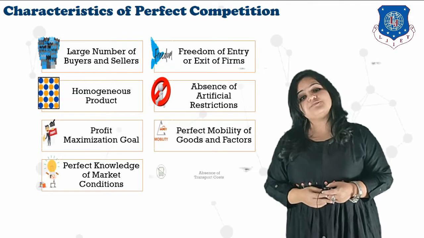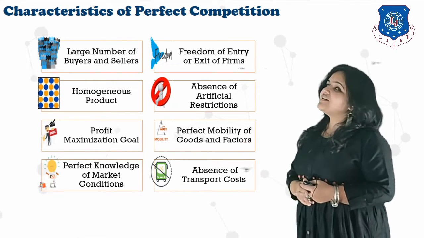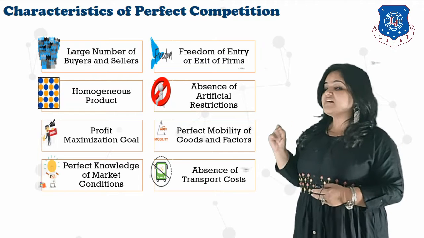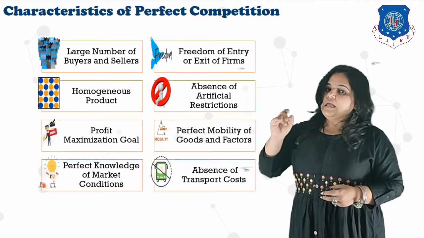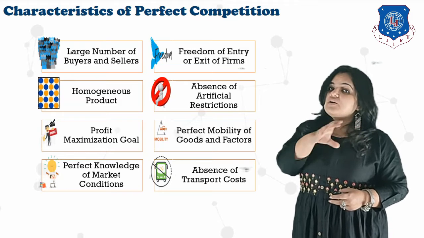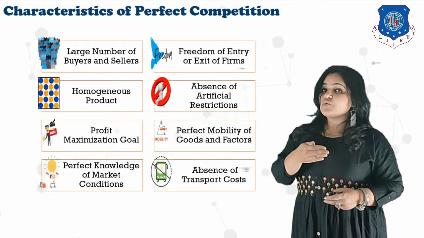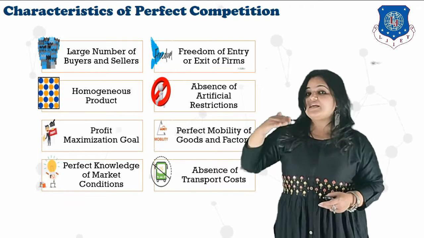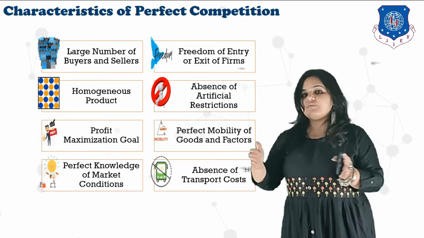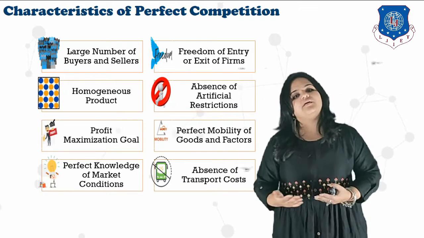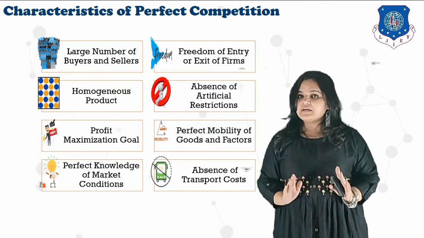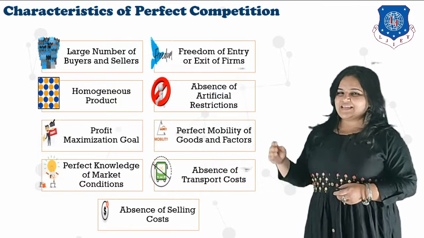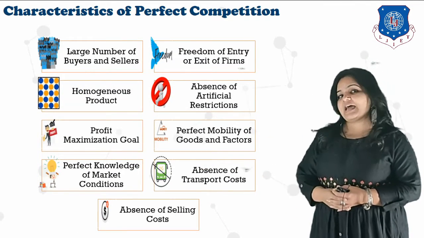Okay students, but this is possible, as I told you, only if there is an absence of transportation costs. There are no transportation costs incurred. Otherwise, at locations nearer to the agricultural field, vegetables would be sold at a lesser price, and farther away, vegetables would be sold at a higher price, because they will have to add transportation cost to earn a profit. So we are assuming that there are no transportation costs. Obviously.